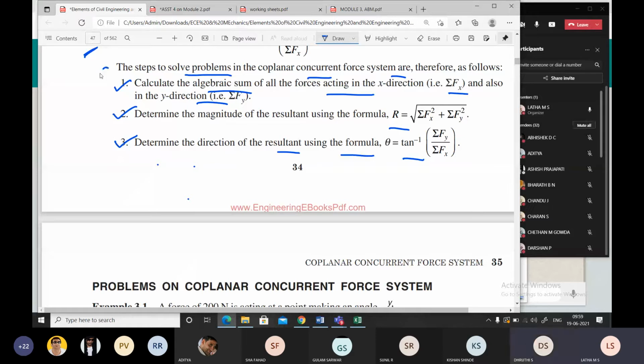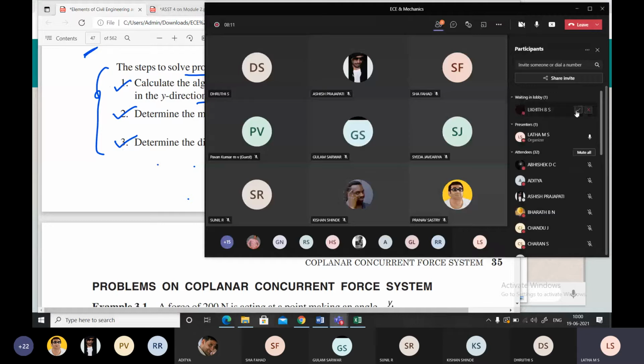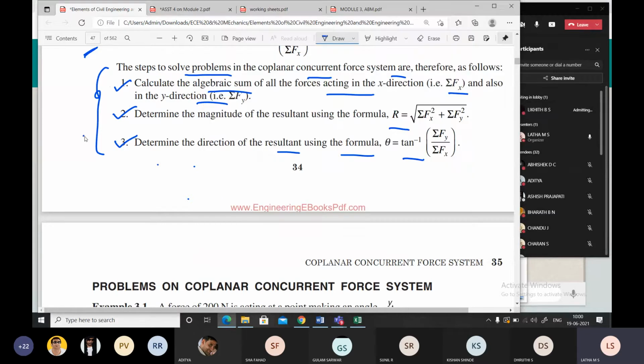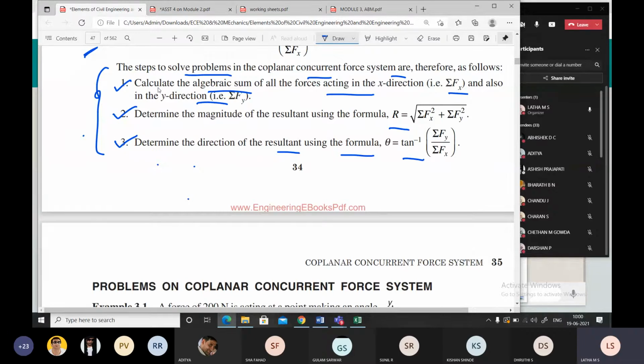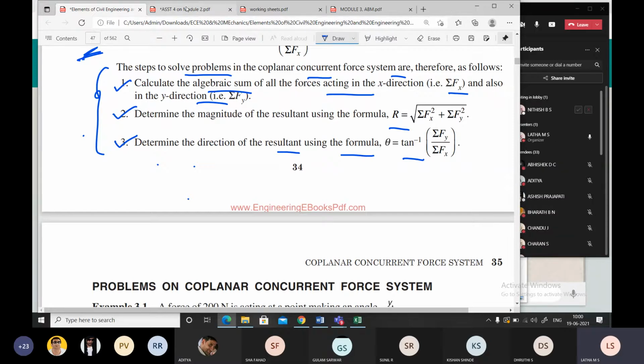Ma'am, is this the textbook you have sent? It is there in MS Teams. You can access that textbook. Do you know how to access the notes and materials? Please find the pathway of the file and look into the textbook I have shared. It is the book Elements of Civil Engineering and Engineering Mechanics by Shesha Sagar. On page number 47, it is given. Now I'll move on to the next question.